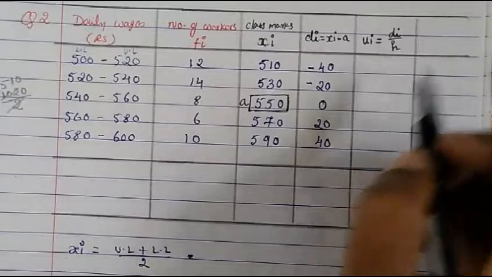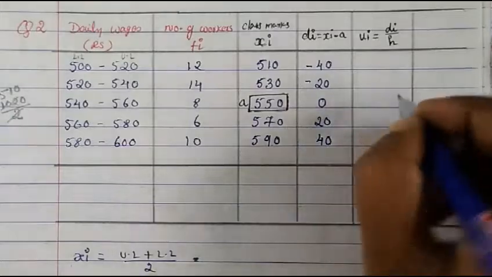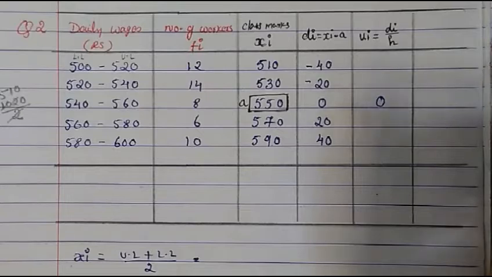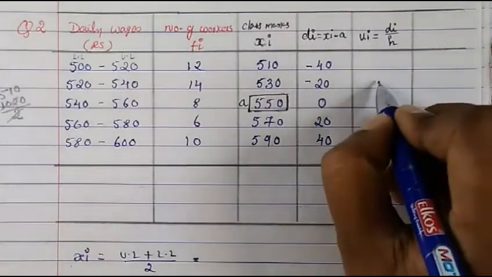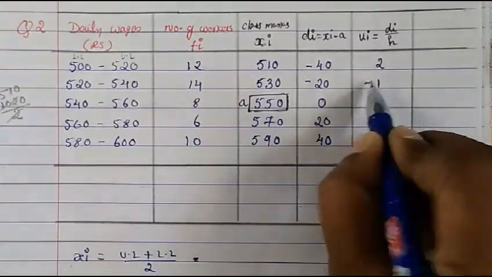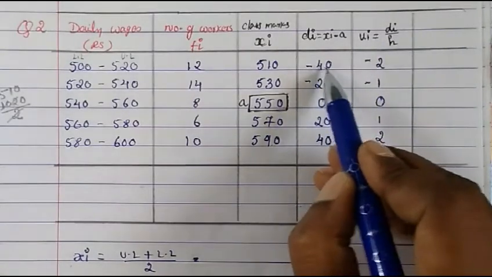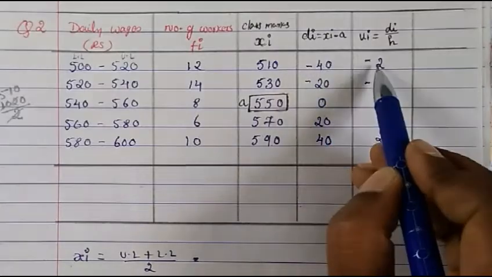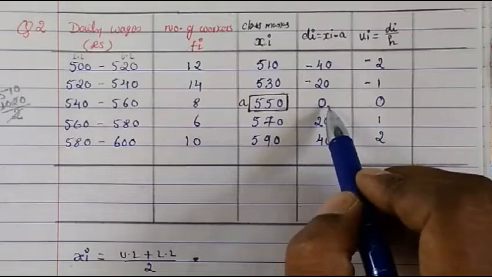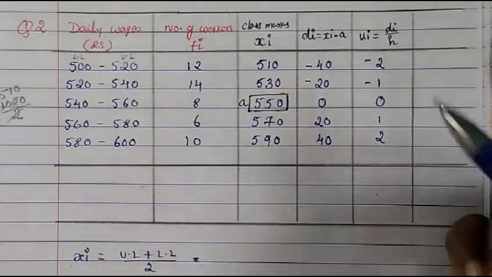But here also there is no need to do any calculation. Just close your eyes and write down the answers. Where 0 is there, write down 0. The shortcut method I taught you in the introduction part, please go through that. So where 0 is there, put 0 and just close your eyes and write 1, 2, 3. So 1, 2 and up it will be negative. If you want to check, you can check it. Di is 40. So minus 40 divided by 20, you will get minus 2. Minus 20 divided by 20, minus 1. 0 divided by 20, you will get 0. 20 divided by 20, 1. 40 divided by 20, you will get 2. So you don't need to do actual calculation.